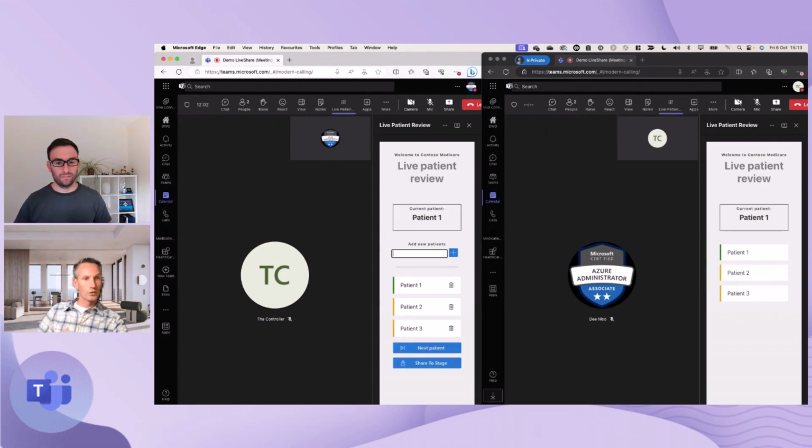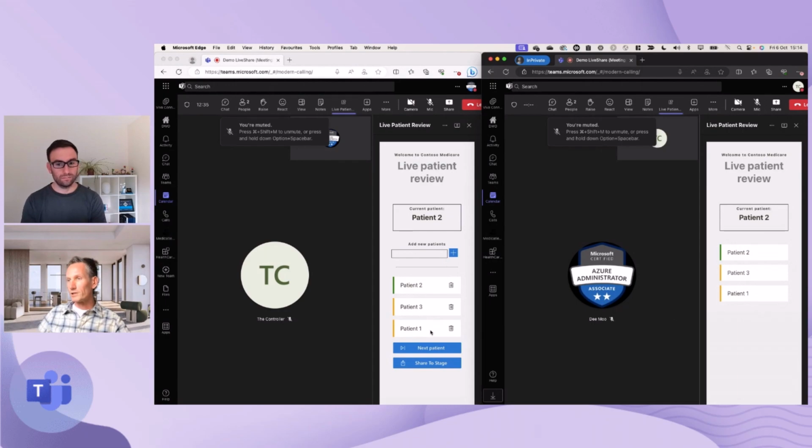As you could see, in both screens the screens are updated automatically, and that's one of the key things the LiveShare SDK is providing us. It's updating the state throughout all the users joining. The other user is also seeing this, and he can still move things around to have another order of the patients. Me as an organizer could say, okay, who's the next patient? And I could also